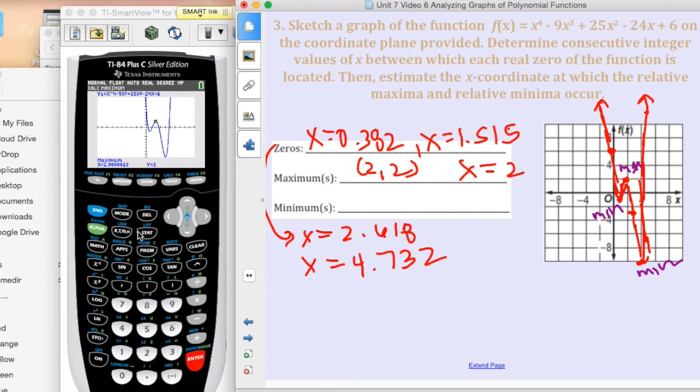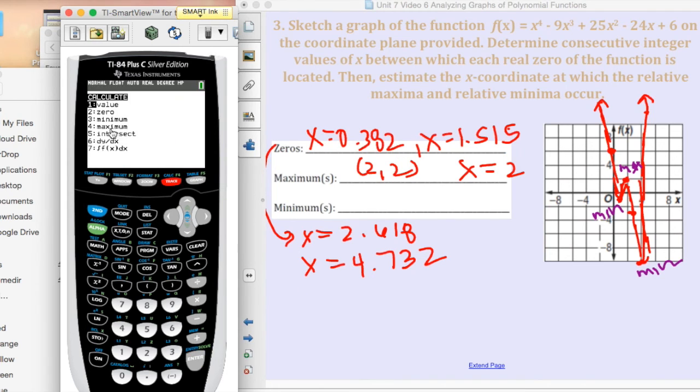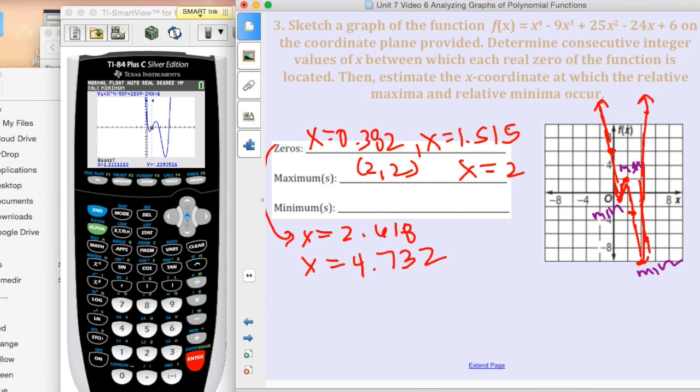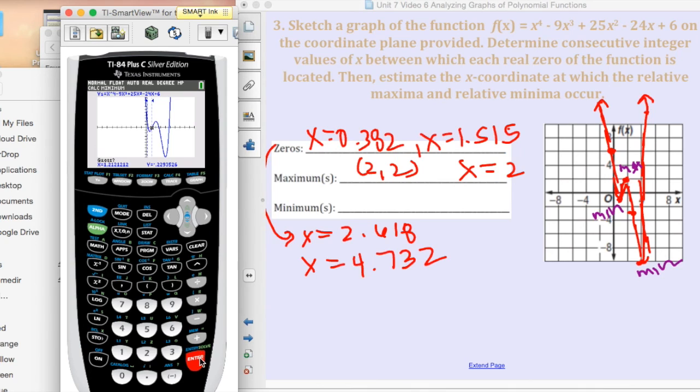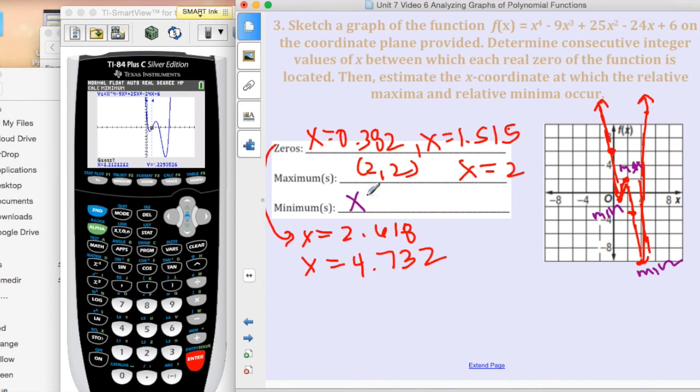Then my minimums, let's go ahead and find those. So second calc again, minimums are number 3. So let's find this minimum. Right now I'm to the right of it, so let's move to the left. Okay, I'm to the left, moving to the right, I guess. And it's delayed. But when you guess, you should get that x is equal to 0.75, and your ordered pair for this one